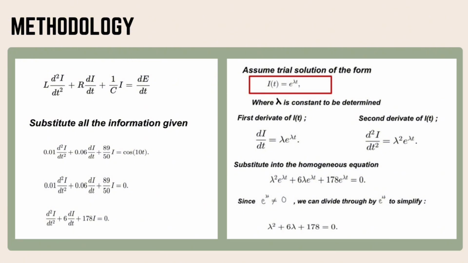Then we're going to substitute into the homogeneous equation, and then we get lambda squared e to the power of lambda t plus 6 lambda e to the power of lambda t plus 178 e to the power of lambda t equal to 0. Since e to the power of lambda t is not equal to 0, we can divide through by e to the power of lambda t to simplify, and then we get lambda squared plus 6 lambda plus 178